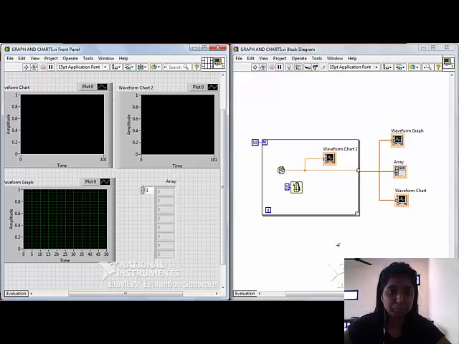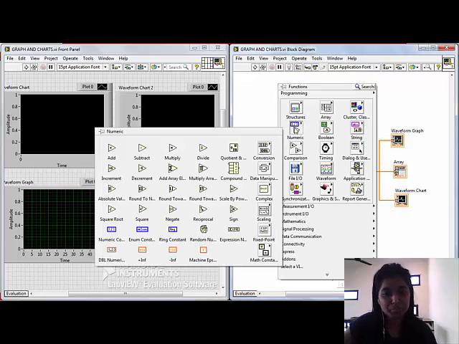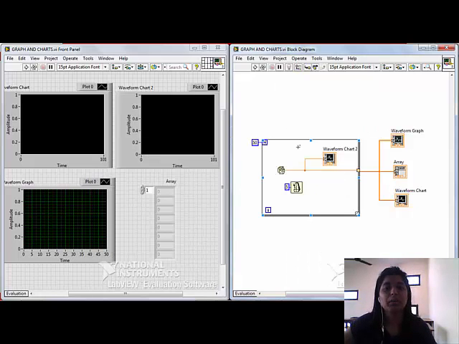I have a pre-built VI as an example. Here I took a for loop, and inside the for loop I took a random number generator. As you all know, we can get the random generator from the function palette, in the numeric palette. I took the for loop for 15 iterations, and the random number generator will generate my data. This data is what I will represent on a chart, the values generated by the random generator.